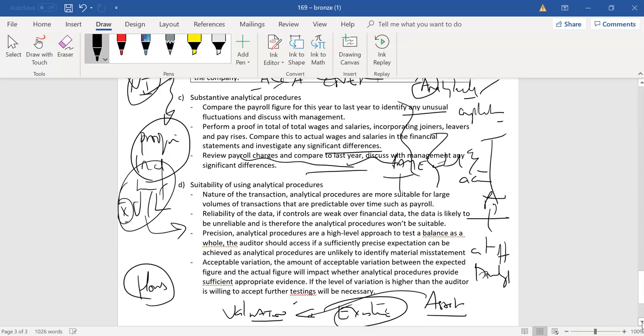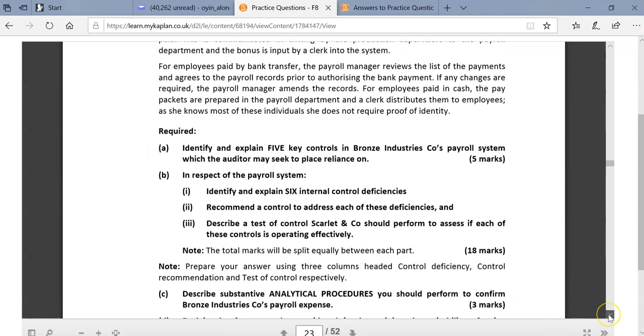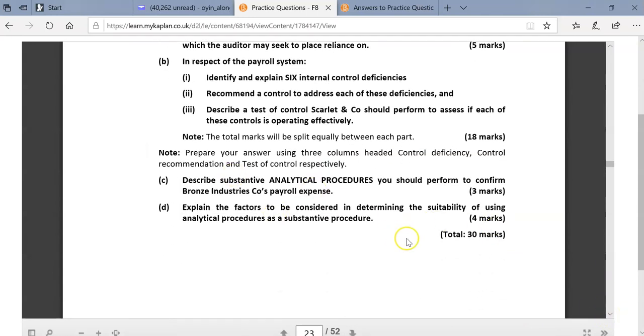So a big one, of course, is, well, with payroll, I imagine all those wages are in wages. Sometimes you can think of things being in different places, maybe in the trading section as opposed to the profit section, if you know what I mean. So that's important. That's the key point, I think. And you might want to do a breakdown, suitability of analytical procedures. I think there was a question actually asked. I think I've spoken for too long already, but let's look at the question. The question says explain the factors. Oh yes, of course, analytical. We always do analytical procedures for income statement balances.